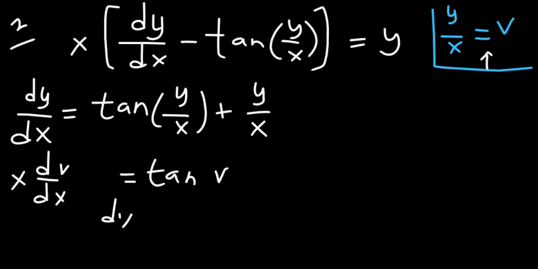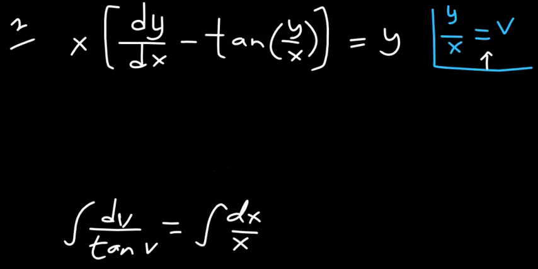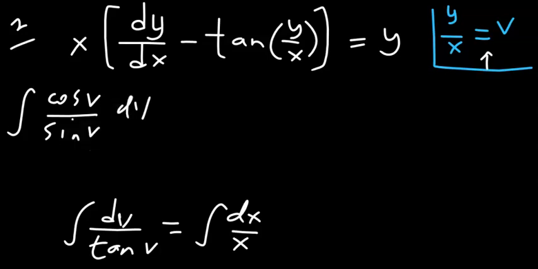Rearranging and separating the variables, we get dv over tangent v equals dx over x, and this can be readily integrated. The left hand side is just cosine v over sine v dv, and the right hand side will give you just natural log of x plus an integration constant, let's call it